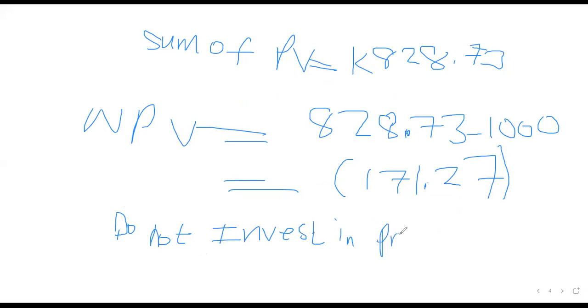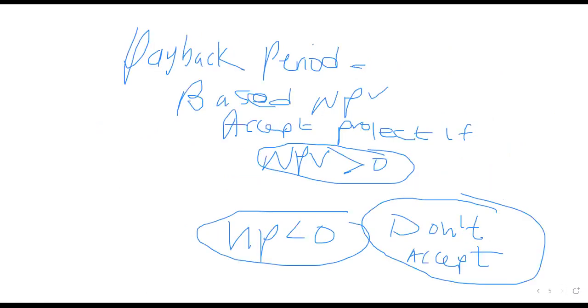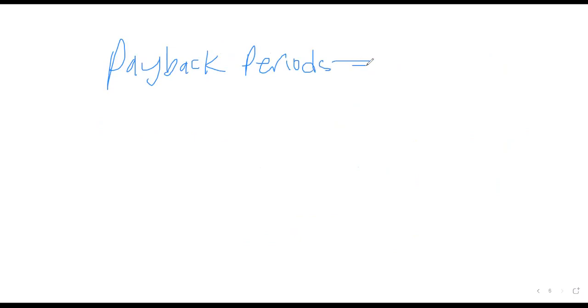How we come up with the 6 is where payback period simply means how long it takes to recover the exact amount invested in the project. So payback period means time taken